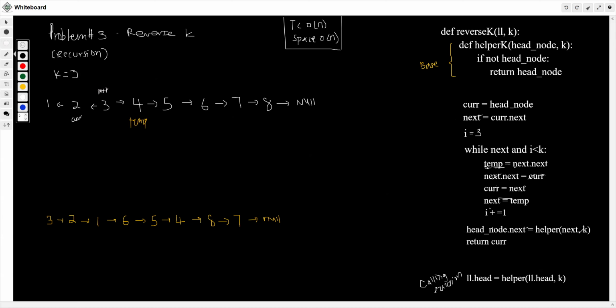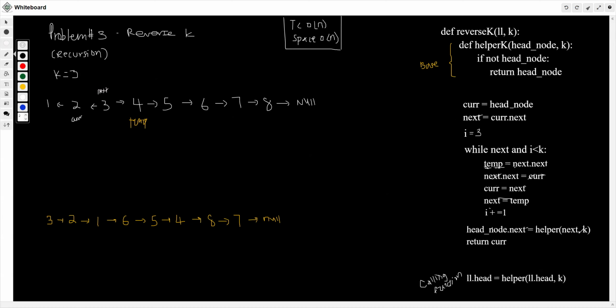Since we call this recursively, we then use this code to join up the heads, or what would be the new heads, so head node.next would be joined up with the